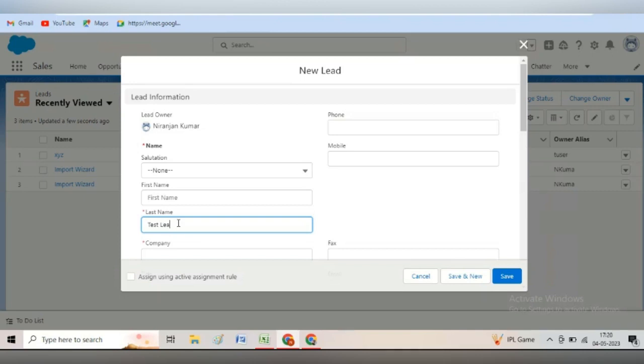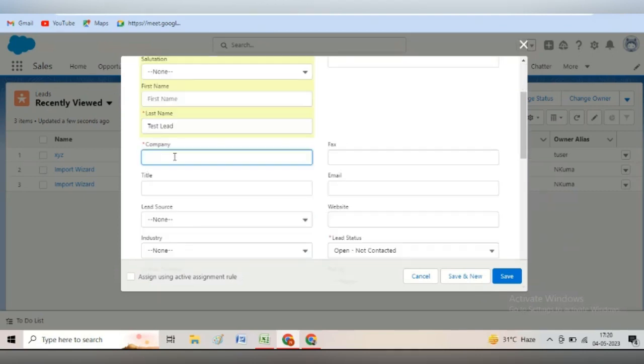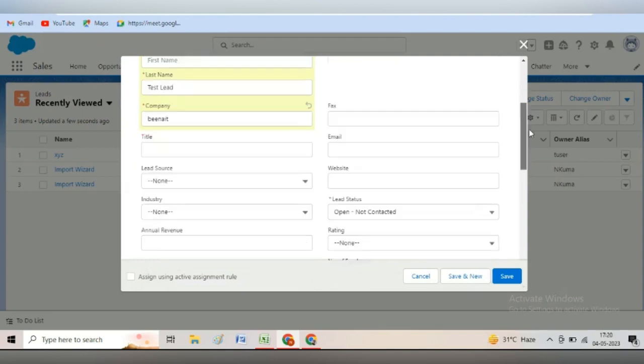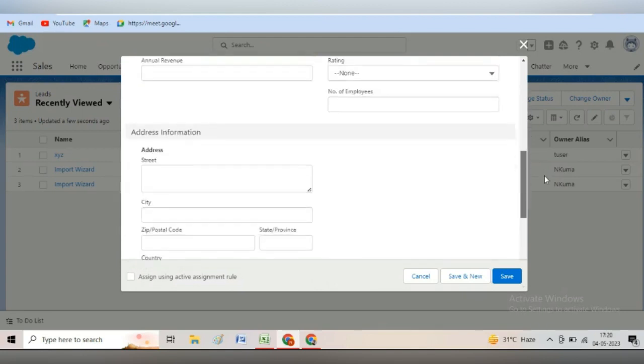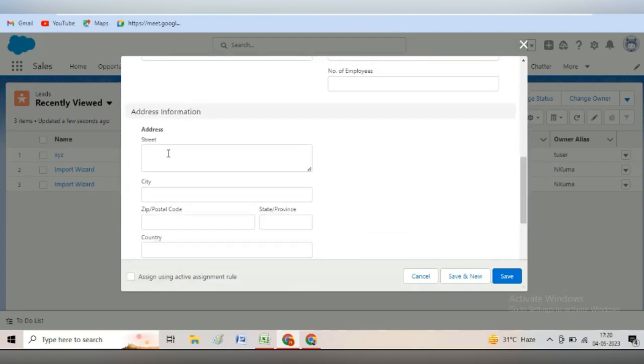Suppose this is test lead. Company. And this is our criteria. Whenever the lead city is Ranchi,